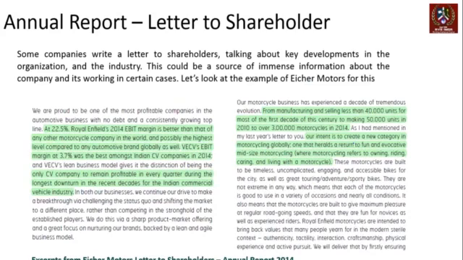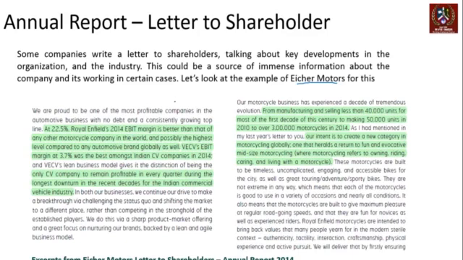Some companies write a letter to the shareholders talking about key developments in the industry and organization. This could be a source of a lot of information. We're looking at the case of Eicher Motors' last year annual report, and we're looking at the data that they have. Now, they talk about some parts within the context of this